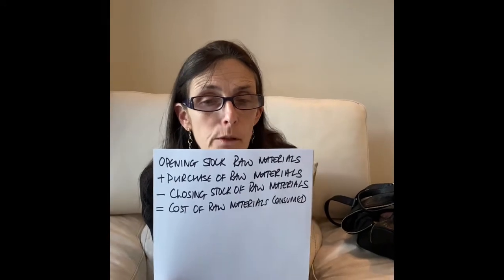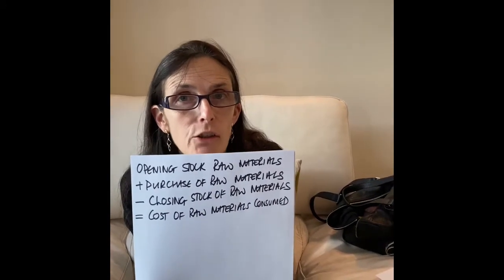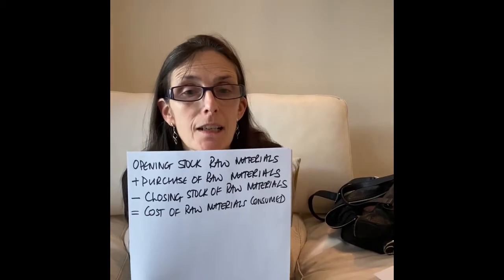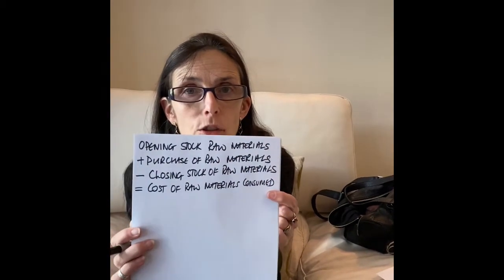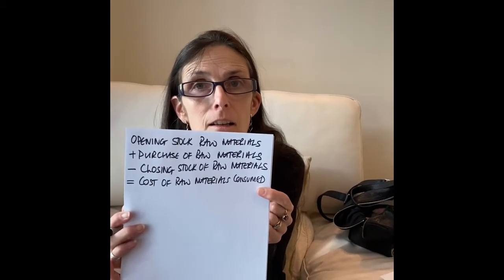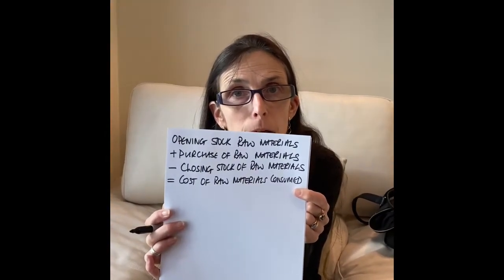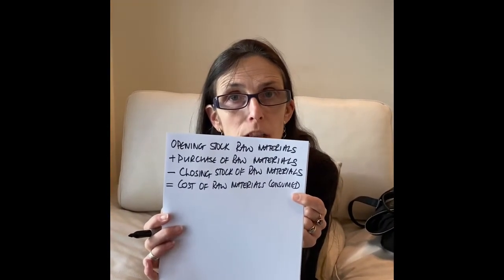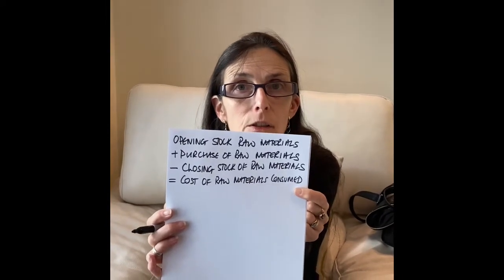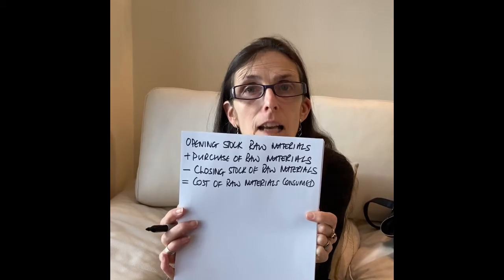So, if we want to work out the cost of manufacturing a product, we need the cost of the raw materials that went into that product, but we also need the cost of the person who is making that product, the direct labour. So on top of the direct raw materials, I'm now going to add in the direct labour